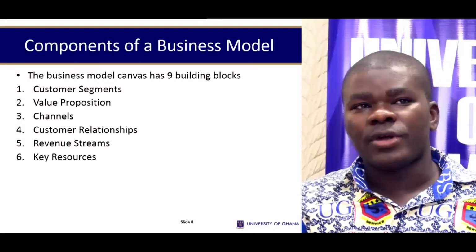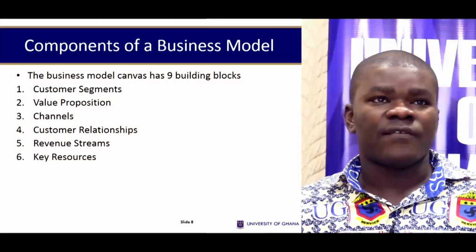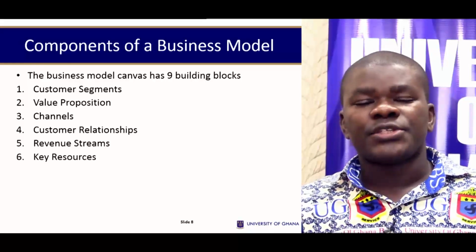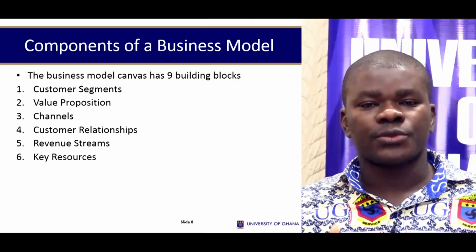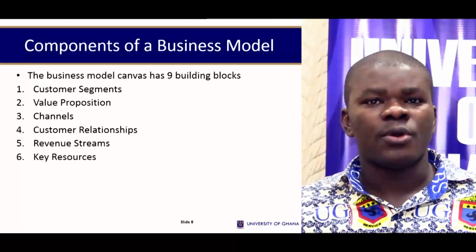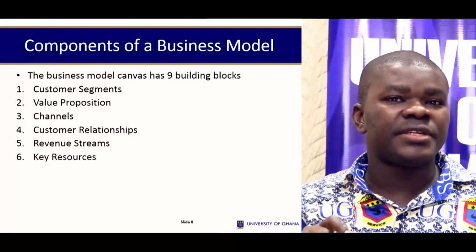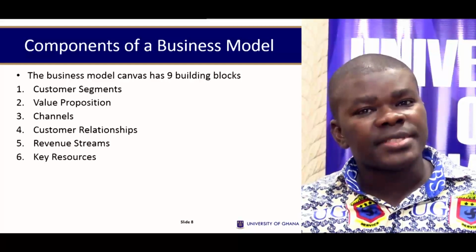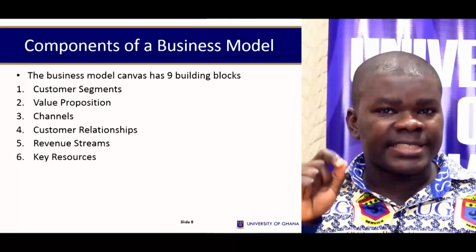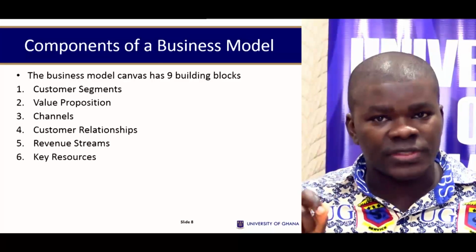The first one that we'll look at at the back end, which is the 6th element of the business model canvas, is the key resources. So in order to produce, or in order to manufacture, or in order to offer your services to people, what kind of resources are you going to need? For some businesses, the resources that you need are intellectual resources in terms of your intellectual property. For other businesses, you actually need staff. Human resources might probably be the most valuable resource that you need.